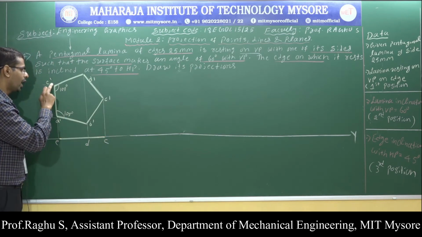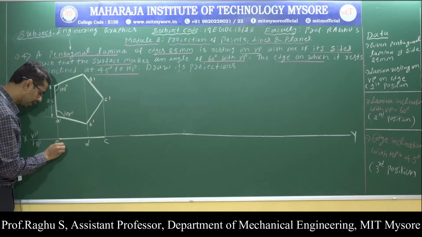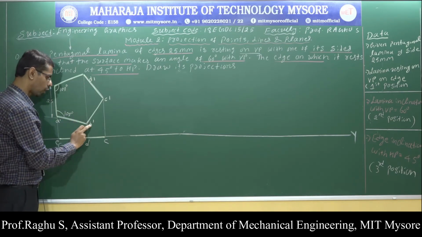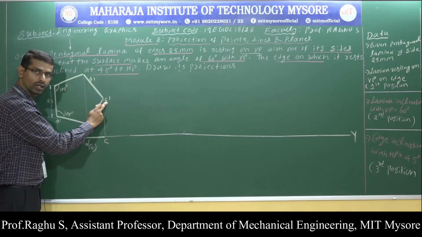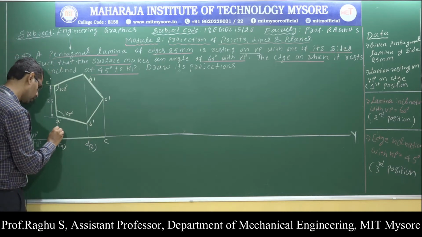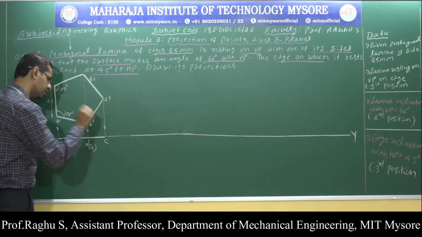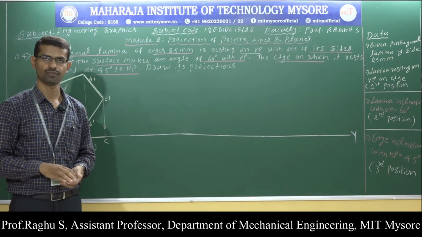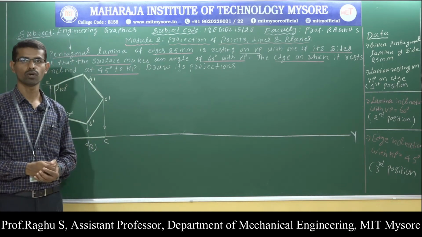Next, behind this point E, we have a point A. So A invisible. Behind this point D, we have point B invisible. And here we have only one corner, C visible. So I have completed the naming. You can write the arrow marks, that indicates downward projections. Now, I have completed the first position, front view and top view.